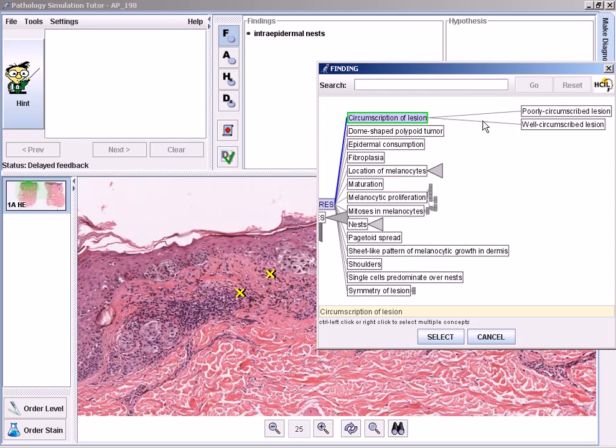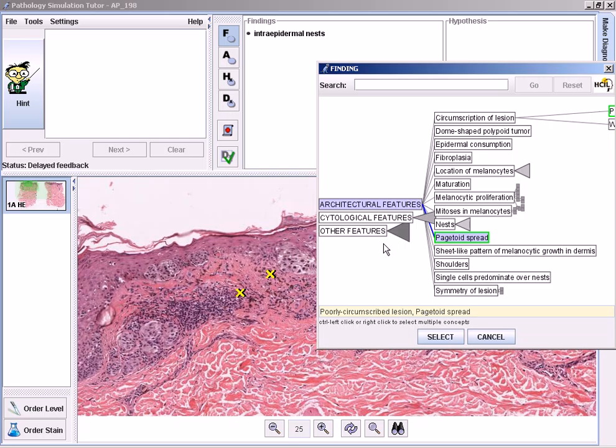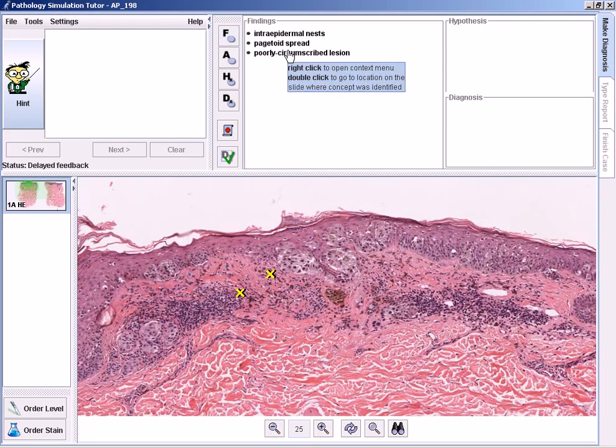So right now, as you see, I'm going to hold down the control key on my keyboard before I left click on poorly circumscribed lesion. And so now that is selected, and I also want to select pagetoid spread. So I'm still holding down my control key, and now I'll left click on pagetoid spread. As you can see, both of those items are selected. They both appear down here. Any items that are selected will be listed down at the bottom of the menu window. When you're done selecting items, just click the select button,